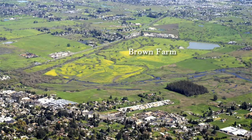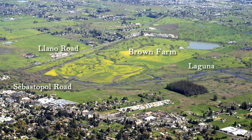So the Laguna is made up of many different habitat types. This is one of the city farms. It's Brown Farm, located at Highway 12 and Llano Road. And on Brown Farm, we have riparian habitat type from the Laguna de Santa Rosa, as well as Gravenstein and Windmill Creek. We have grassland oak savanna, so we have 200, 300-year-old valley oak trees, and we have seasonal wetlands